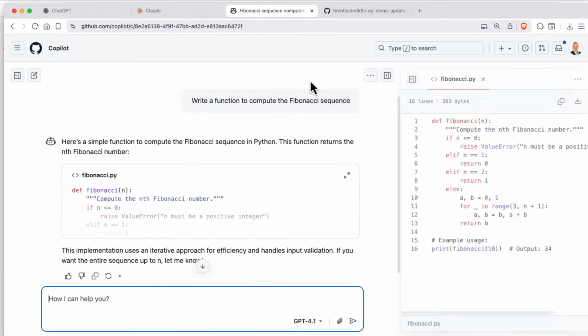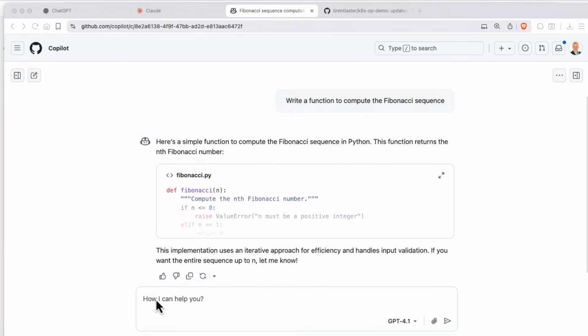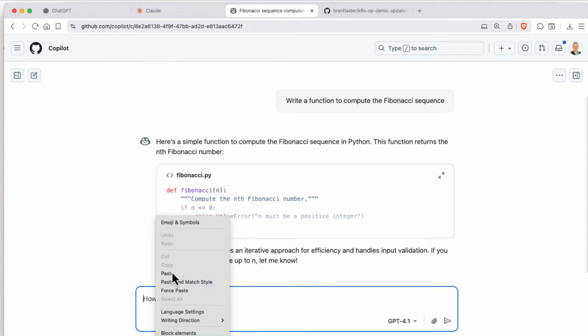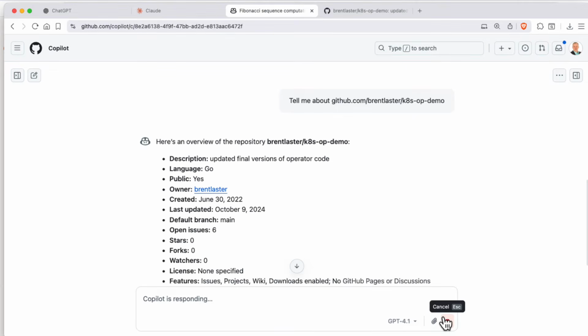Then we can close that up. And then we can also tell it to do things like, say, tell me about a particular repository in GitHub. So while it's working here, it's going through and accessing the APIs in GitHub to get basic information about it. It's not in a lot of detail there, but you get enough information that you can start to understand it. So this would be great, for example, if you're looking at a repository that perhaps you want to contribute to, or you want to fork and you want to learn something about it, this can give you a summary about